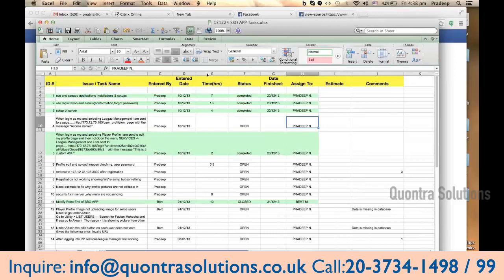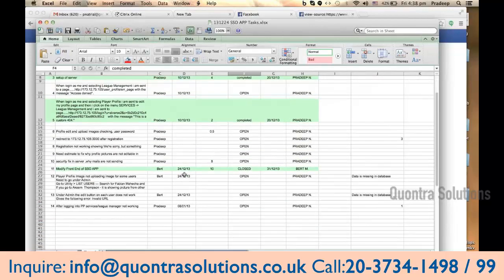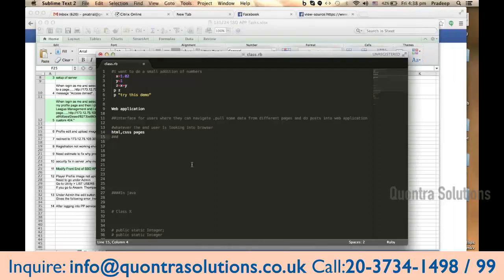If I ask what task was assigned on 10, 12, 2013 and what its status is, I can easily know, because it's an Excel sheet with rows and columns. At any point of time, even after 1 year, if I come to this Excel sheet and check some date or task name, I can easily find whether the status is open or closed. This kind of data is maintained at the backend, so that each and every piece of data is stored in rows and columns. Rows and columns are nothing but tables, so the backend is a kind of database.